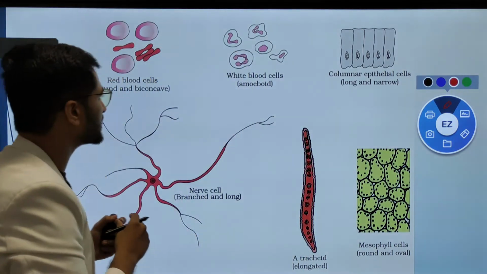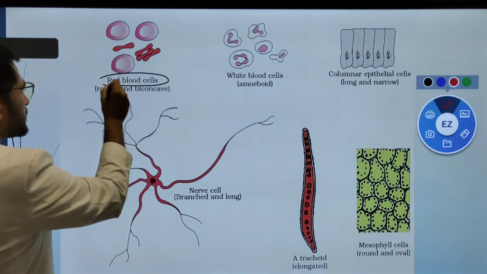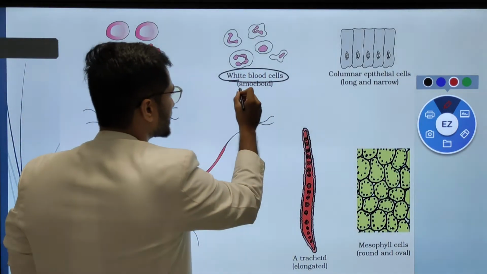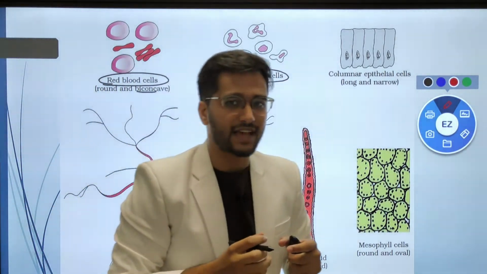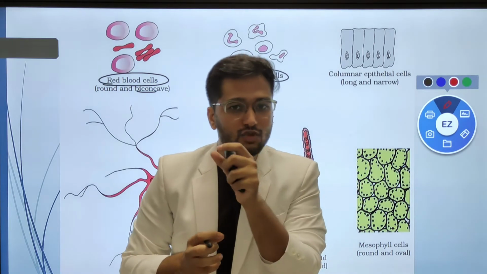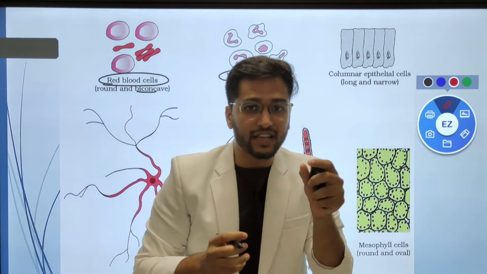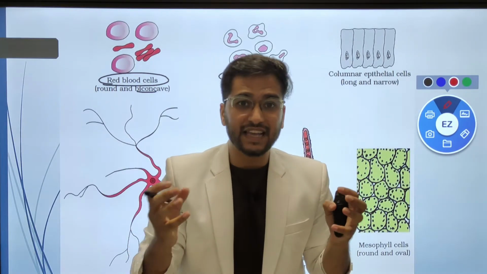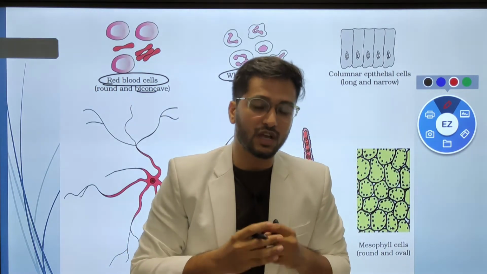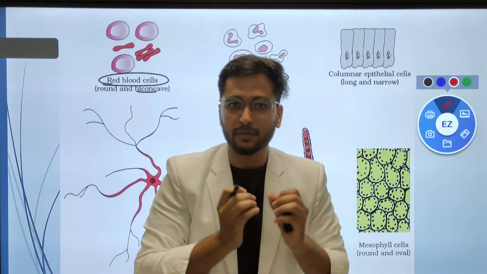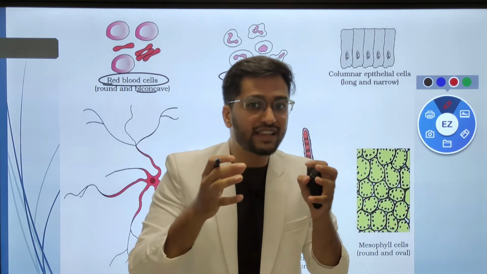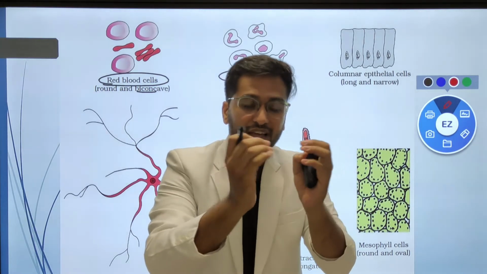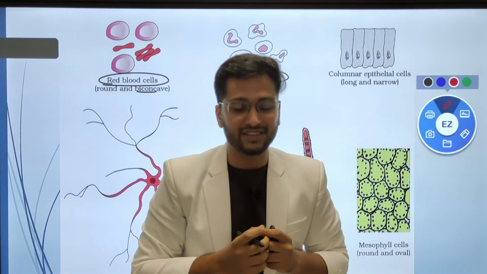Here you can see a figure from your NCERT. The figure shows a red blood cell, which is biconcave, and a white blood cell, which is an amoeboid cell. Why has this happened? Because a red blood cell has to pass through narrow arteries, and it has to provide a broad surface area to supply maximum oxygen. Hence they have a biconcave shape. Due to the biconcave shape, they contract and expand, by which they can easily float around the bloodstream.